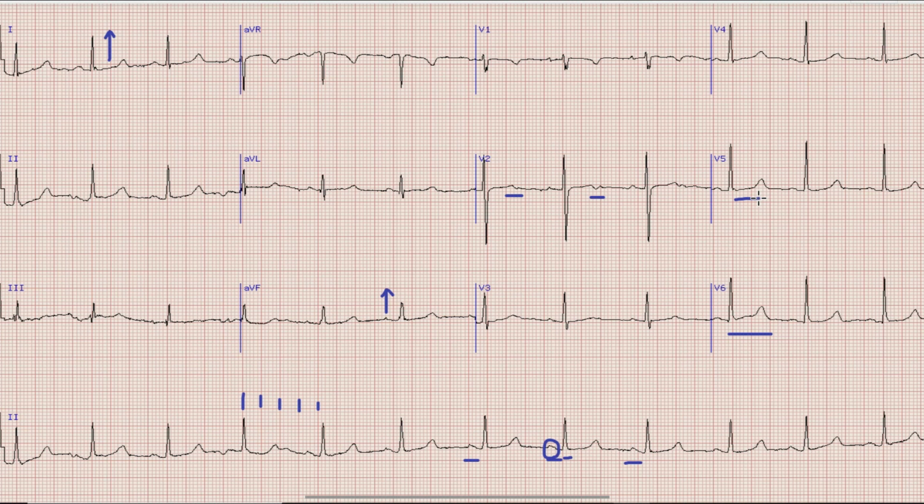So the most likely cause of prolonged QT interval in this case is hypocalcemia. In this particular case, the lab workup showed a low calcium of 8.2, which was causing the prolonged QT interval. It was corrected and there was no further complication.